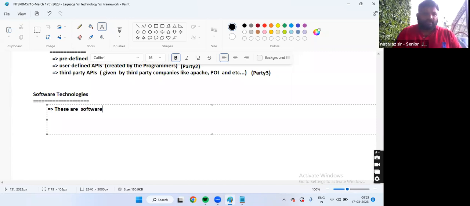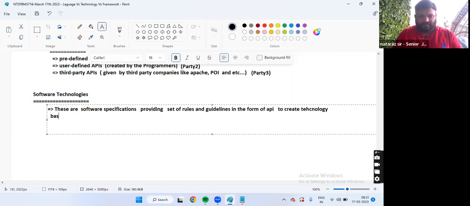Technologies are software specifications providing a set of rules and guidelines in the form of APIs to create technology-based implementation softwares.